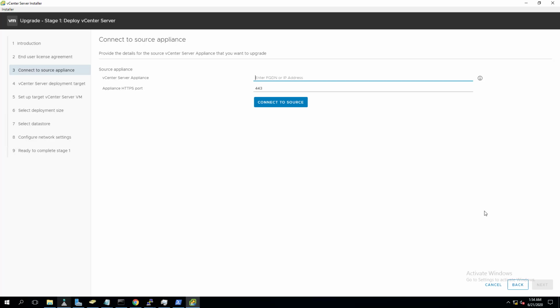Enter the FQDN of the vCenter Server which we are planning to upgrade. So specify the existing vCenter Server appliance, which is our vCenter Server 6.7. It will be lab-vc-01.md.lab. Click on Connect to Source.